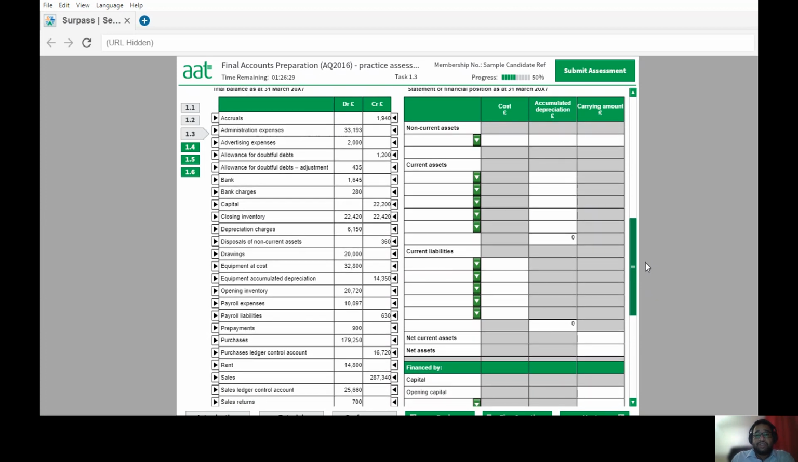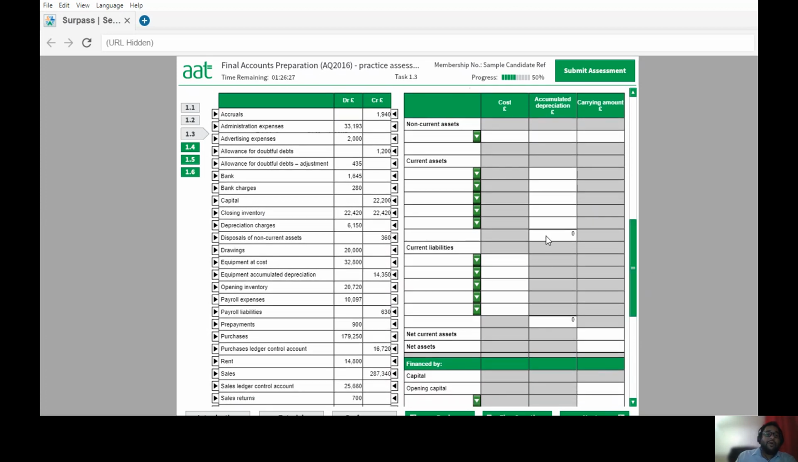statement of financial position. So here we're going to look for what other transactions we need to be recording. Not every transaction from here has to go here. Why? Because the profit and loss statement will have your incomes and expenses. The assets and liabilities will be going into your statement of financial position. So here, accruals, allowance for doubtful debt,